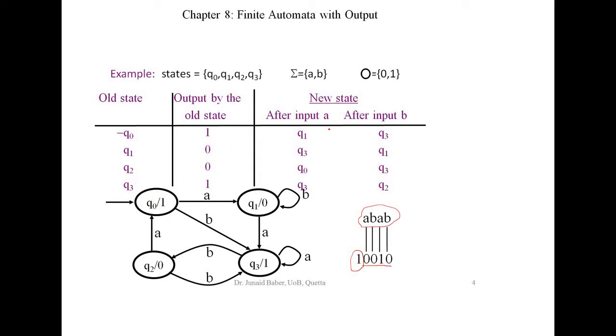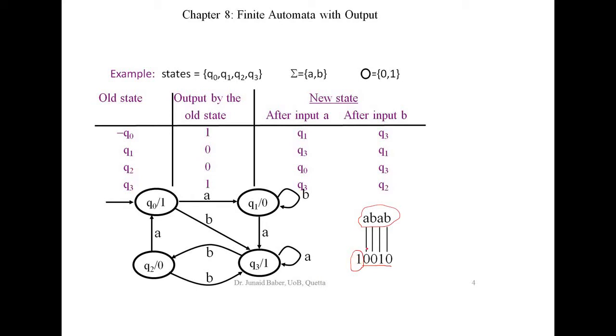So this is just one thing I was missing in my last lecture. So this is an example. You give an input, you get an output. When you reach from one state to another state, whatever is the output, you report that. For example, you get A from Q0, you come to Q1, and this is the output. So for every corresponding input we have exactly one output,